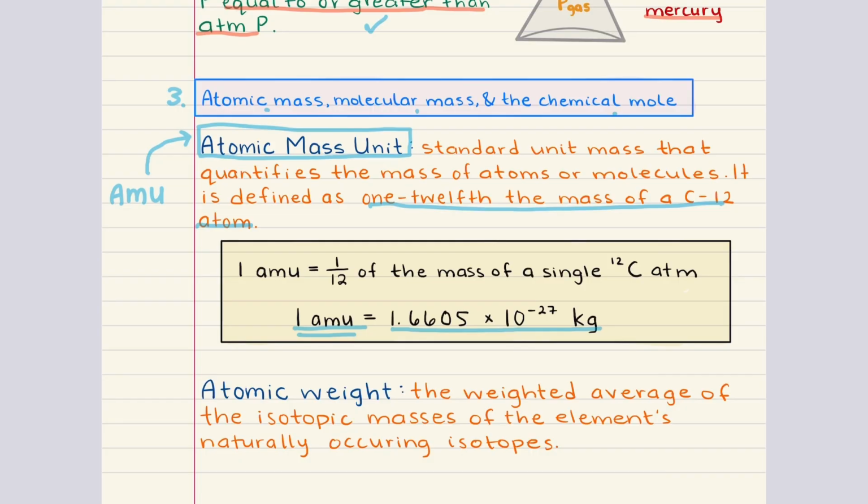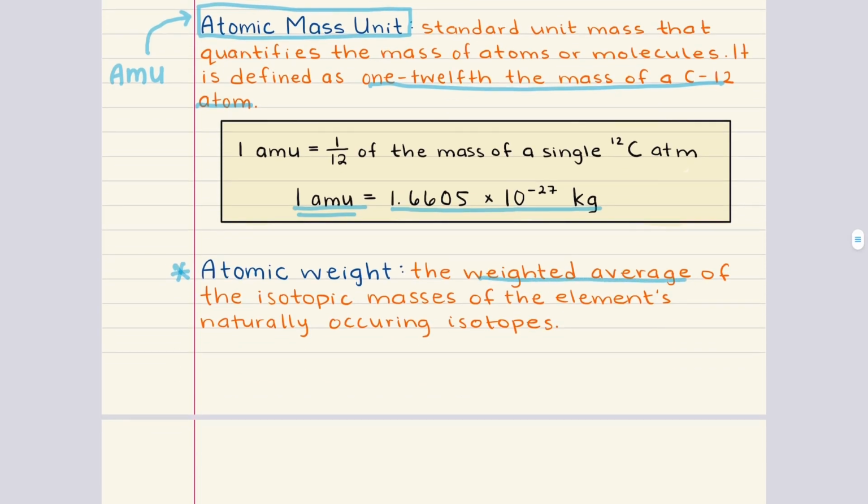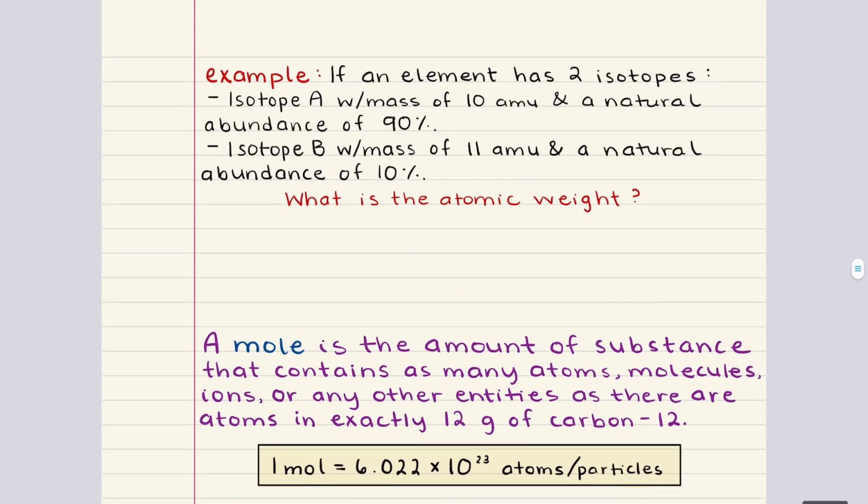From here, we can define atomic weight. Atomic weight is the weighted average of the masses of an element's naturally occurring isotopes. So in other words, most elements exist in nature as a mixture of isotopes, and each isotope has its own mass and natural abundance. The atomic weight reflects the average mass of the element, accounting for both the isotope masses and their abundances. Let's look at an example here and try to work through it so we can really visualize